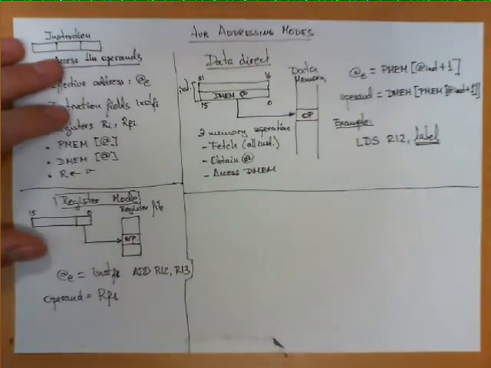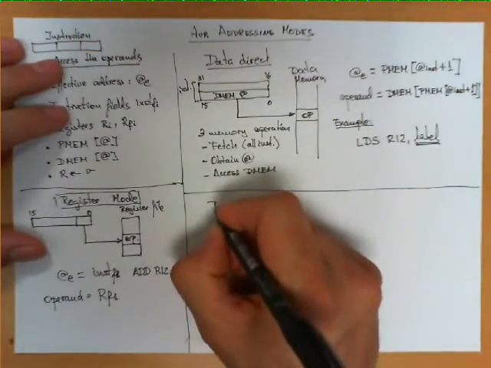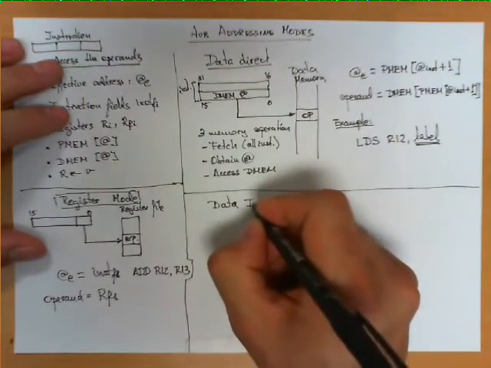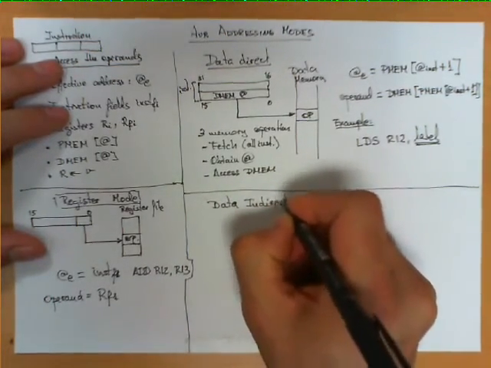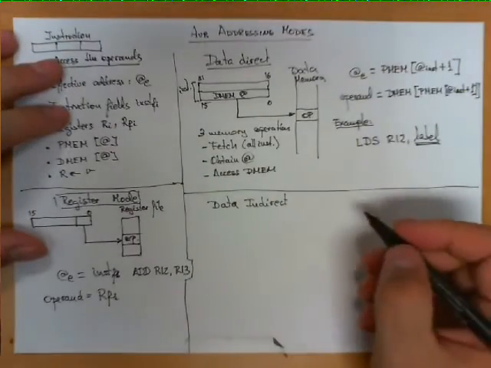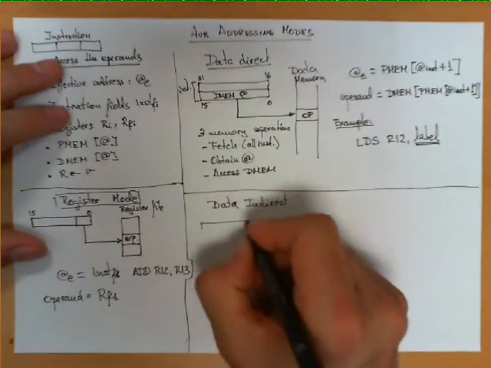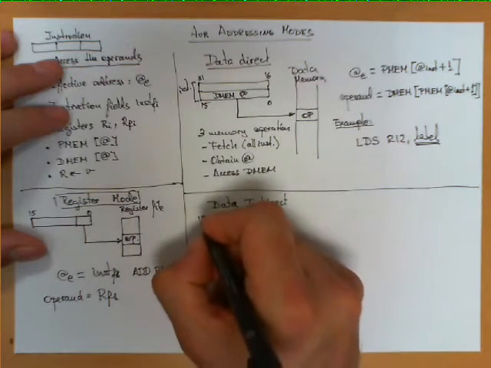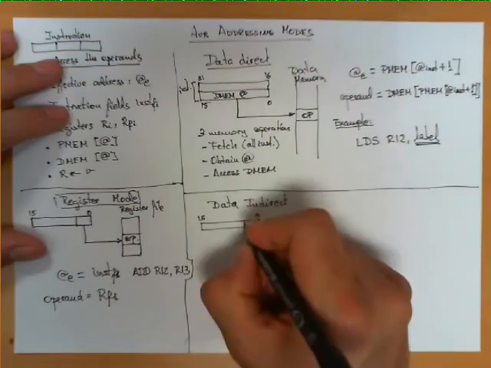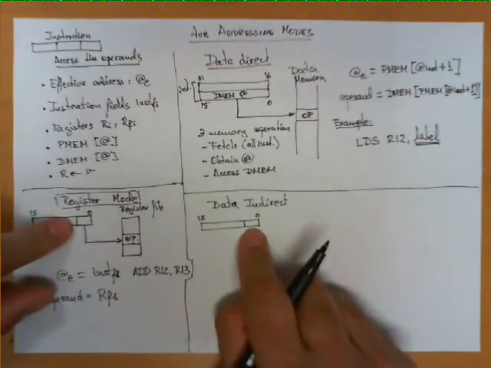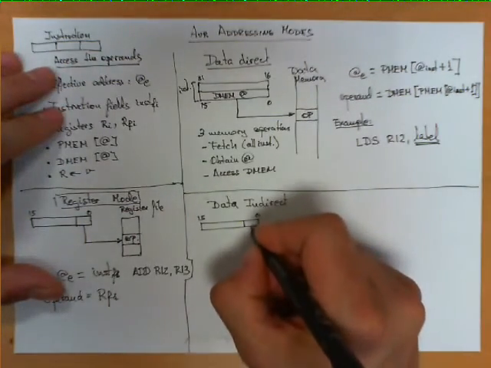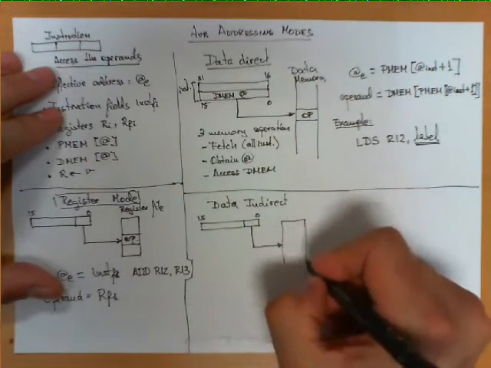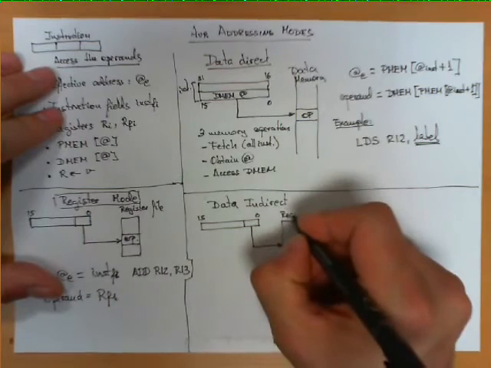The third addressing mode we're going to describe in this video is what we call data indirect. Now, in a data indirect addressing mode, the instruction, typically 16 bits, again 0 to 15, is going to have one field, so from that point of view it is similar to register mode, one field encoding one register. So it's pointing to the register file,